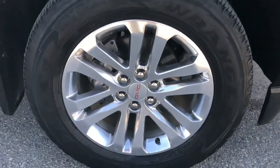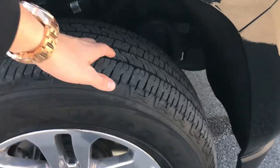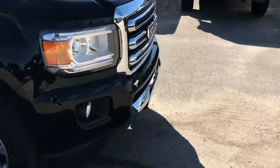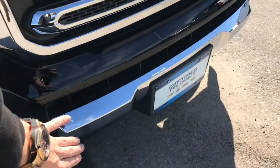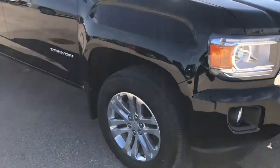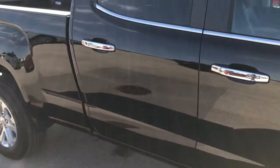Now, taking a look at these wheels, these are 18-inch polished aluminum wheels, and you've got the newer all-season tires on here as well, so plenty of tread left on those tires. Now, a couple details on the front end include your chrome front grille and bottom bumper. You do have the fog lamps on this vehicle as well, and chrome door handles and mirror caps also come